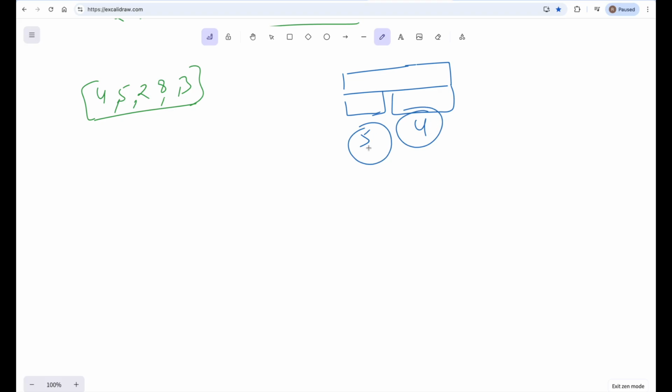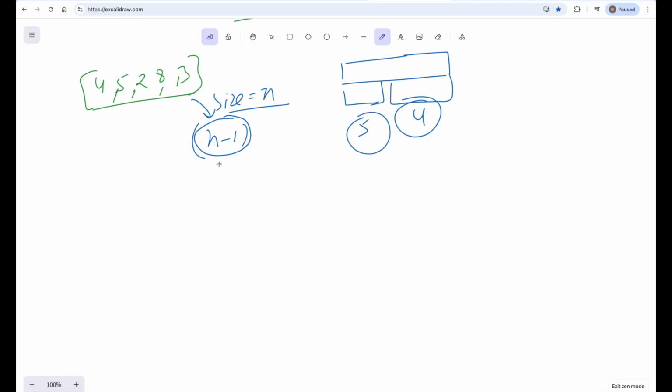We will have n minus 1 iterations if n is the size of the array. So if n is the size, then you need to run n minus 1 iterations for this algorithm. Let's see how we can sort our data using it. The main important thing is that with each iteration we will be moving the smallest element of the array to the beginning, or to the first position.